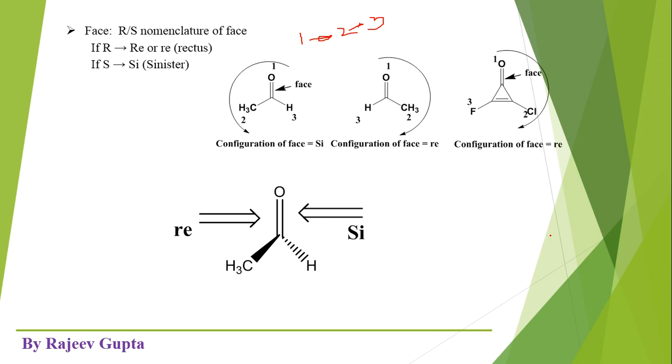Then these heterotopic ligands could be classified into two parts, enantiotopic and diastereotopic, based on the plane of symmetry concept. If a plane of symmetry is applied, then we say these are enantiotopic. If a plane of symmetry is not applied, then we say these are diastereotopic. So this is all about how we check the relation between two homomorphic ligands.